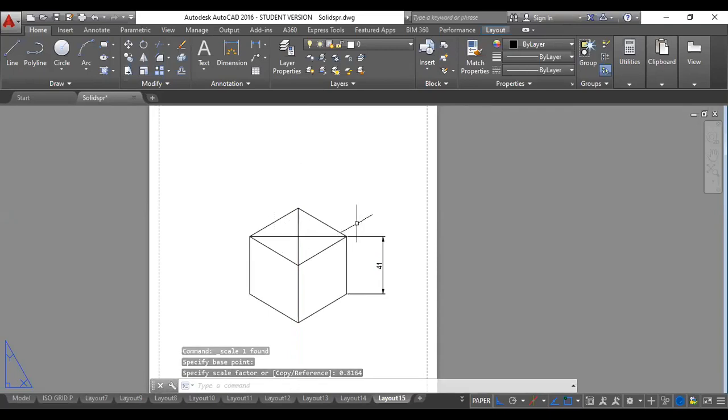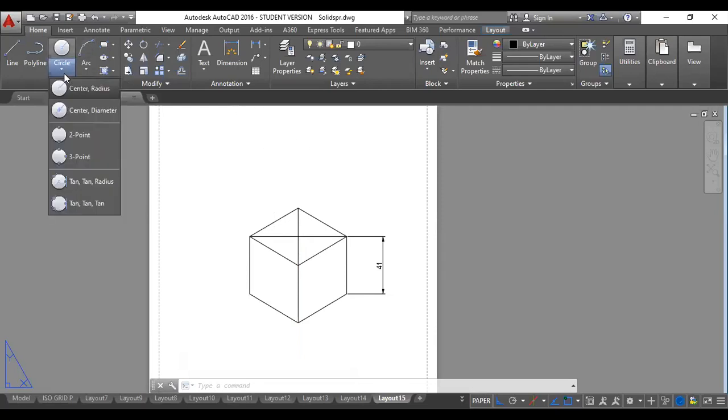Now I have to finally draw the sphere, and I have told you that the sphere will never change its length whether it is in true length or in isometric length. So the sphere is the only object whose length will never change whether it is in rectangular mode or in isometric mode. So the sphere you have to draw to original length only. You don't have to reduce the length of the sphere to isometric. Please keep this in mind.